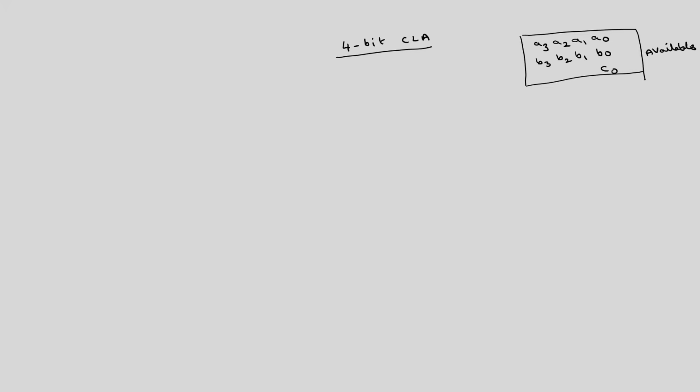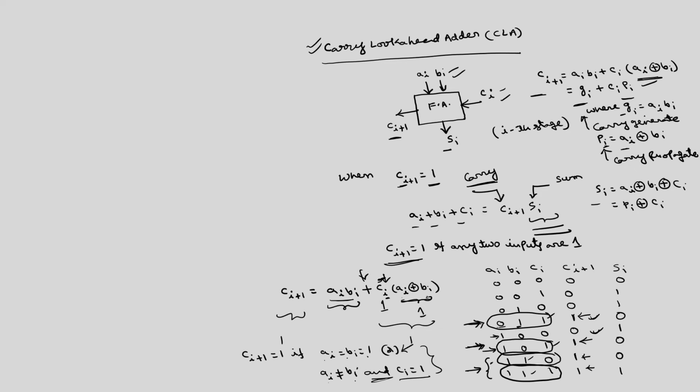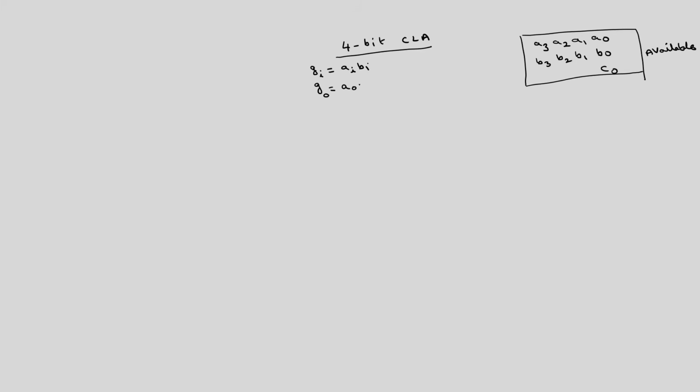So, the very first step is to generate all the propagate and generate signals. What is G0? In general, Gi is Ai Bi. Ai Bi is Gi, and Ai exclusive OR Bi is Pi. So, G0 is A0 B0, G1 is A1 B1, G2 is A2 B2, G3 is A3 B3,